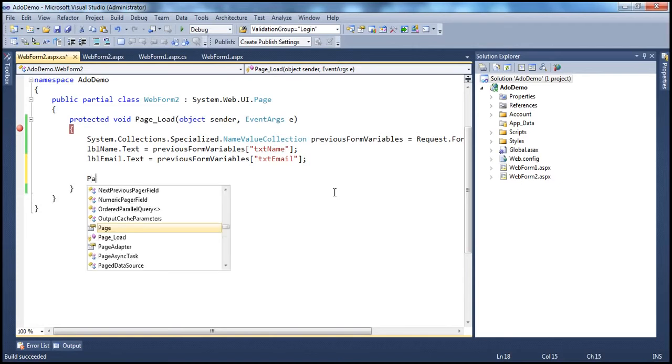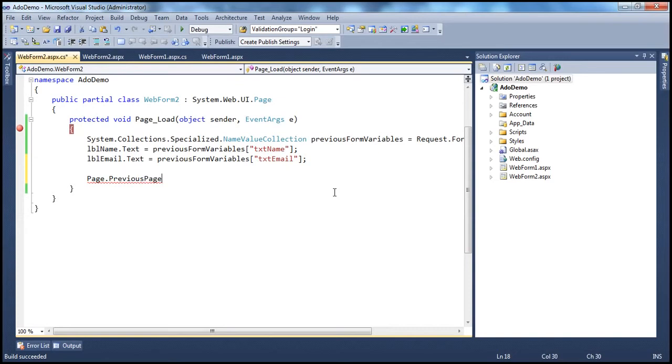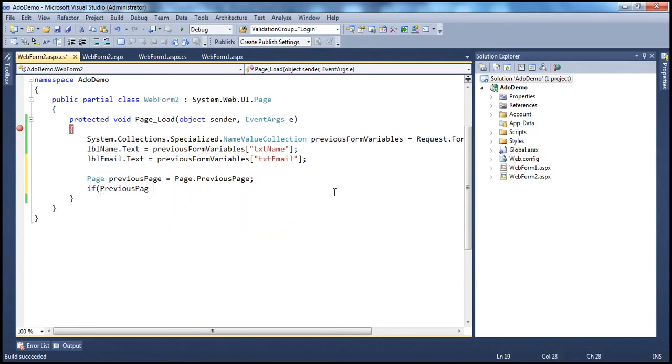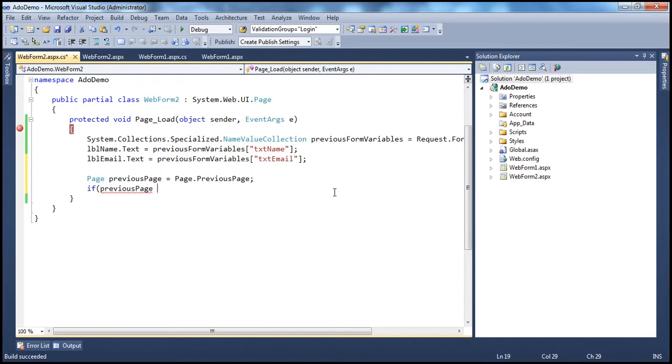So the Page class has got a PreviousPage property, which returns a Page object. So I'm just going to say previousPage is equal to that, if the previous page is not equal to null,